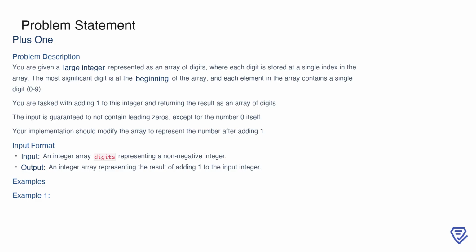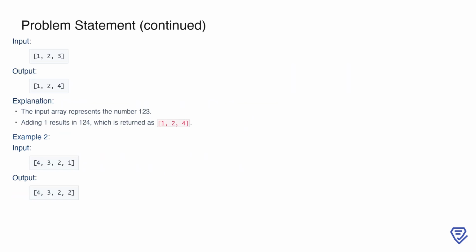For the input format, the function receives an integer array called digits, which represents a non-negative integer, and it outputs an integer array that shows the result of performing the addition. Consider the first example. The input is the array 1, 2, 3. This array represents the number 123, where each digit corresponds to a place value in the number. When we add 1, the number becomes 124. Since the output must also be in the form of an array of digits, the result is returned as 1,